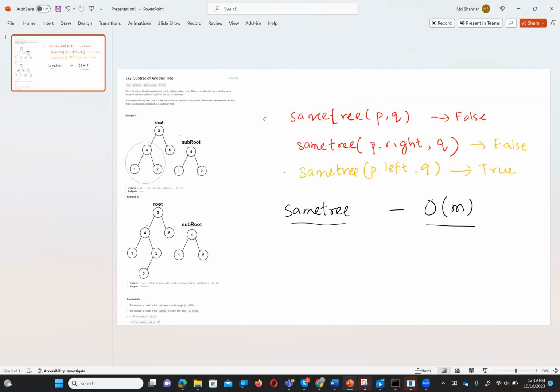The is subtree call may be called n times, one time for each node, right? This with this, and then this with this, right? This with this. Okay, so n times, and each of these calls